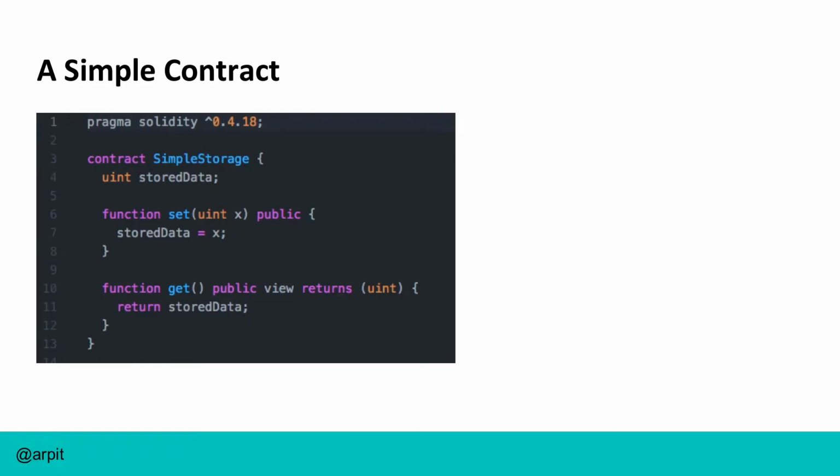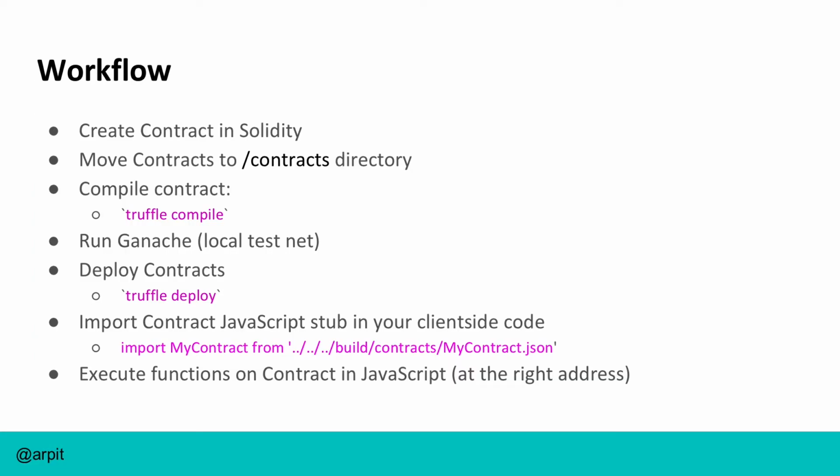So when your contract runs, it can say, hey, who called me and how much money is he sending me? Oh, and I'm going to take a fraction of that money, hold on to it, and move the rest of the money around, or just consume all of it, or whatever. So these functions are invoked with Ether, with attached Ether, or they can be. In this case, both of them have no Ether value attached, so you can run them for free, as long as you have the right gas price.